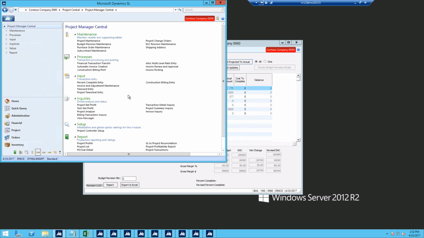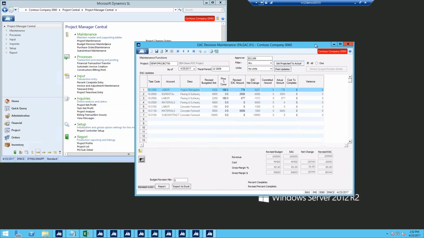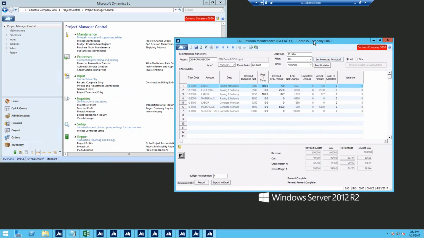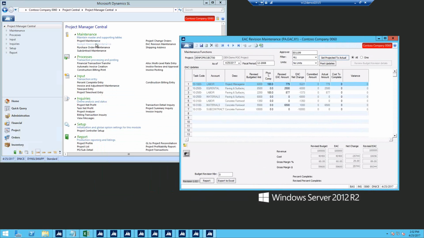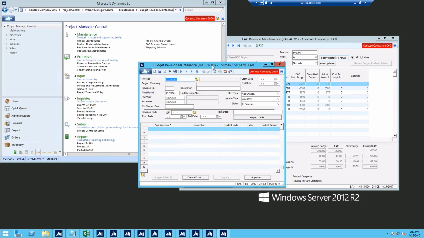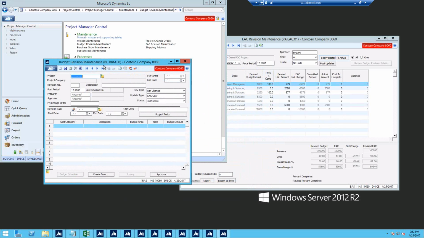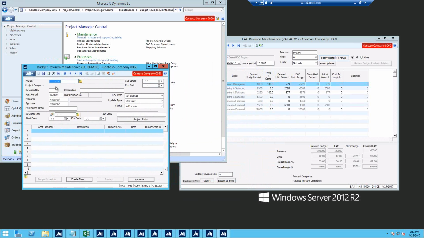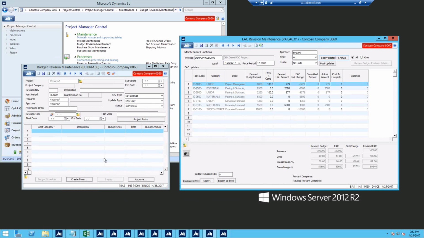With it, you want to show the difference real quick? Show the difference real quick, Daniel. Bring up the EAC maintenance screen that comes with SL versus the SIS version. Kind of see the difference. Sure. So you got the revision maintenance here, which is the standard out of the box revision maintenance. This is what the EAC revision screen actually calls up. So it's seamlessly integrated in with the SL system,